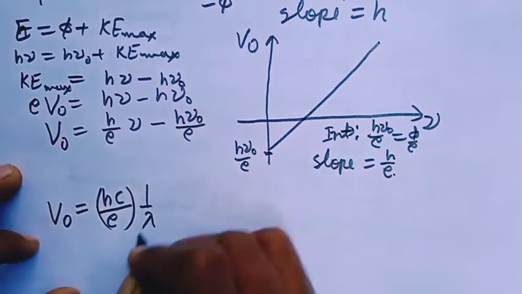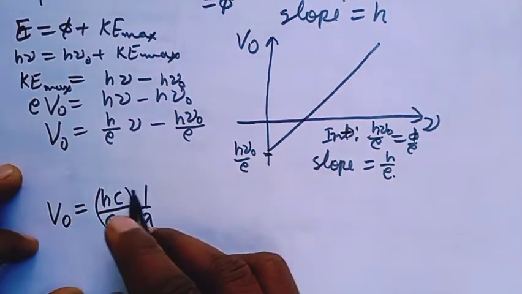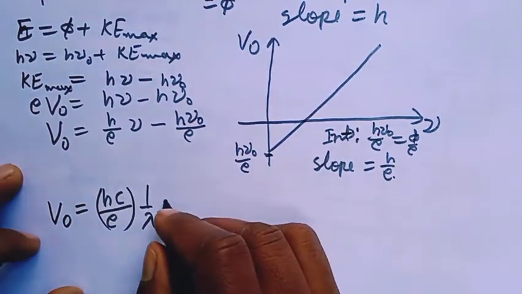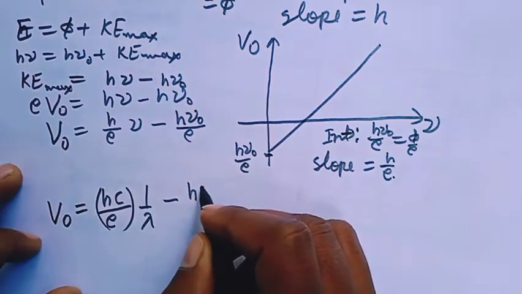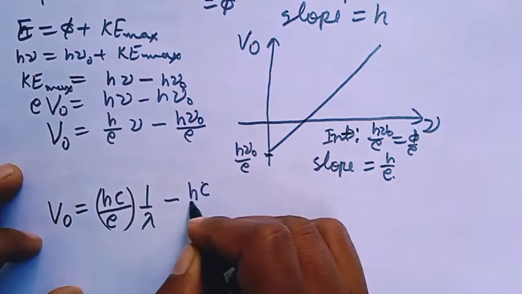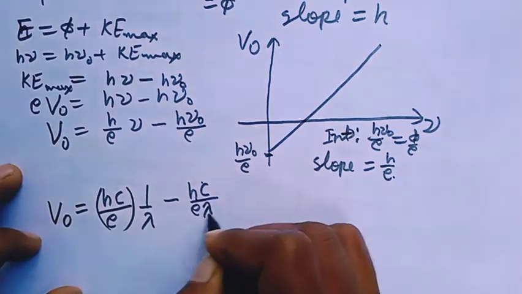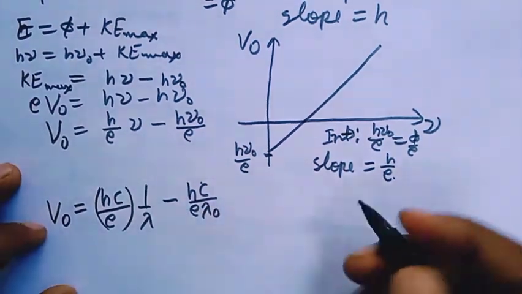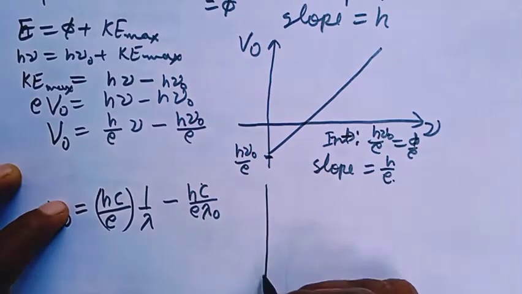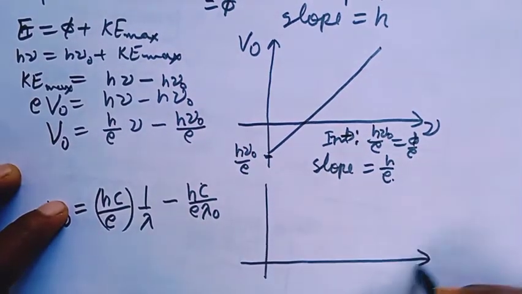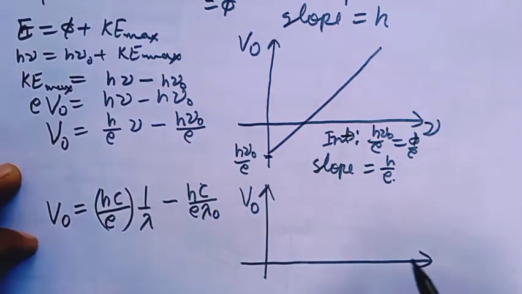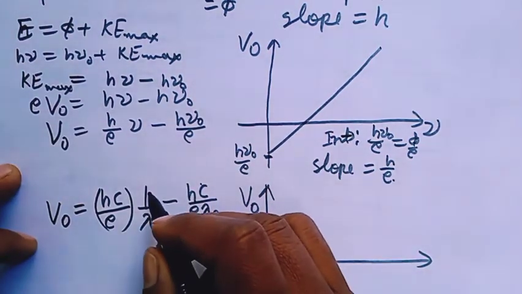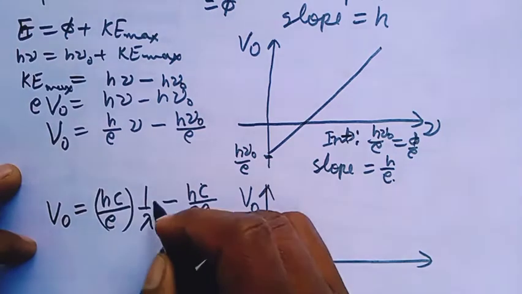1 by lambda, c by lambda. I can write it like this, minus hc by E lambda naught. Not required this part, but now if I draw the graph between V naught and, remember, 1 upon lambda, it is inverse proportion, but